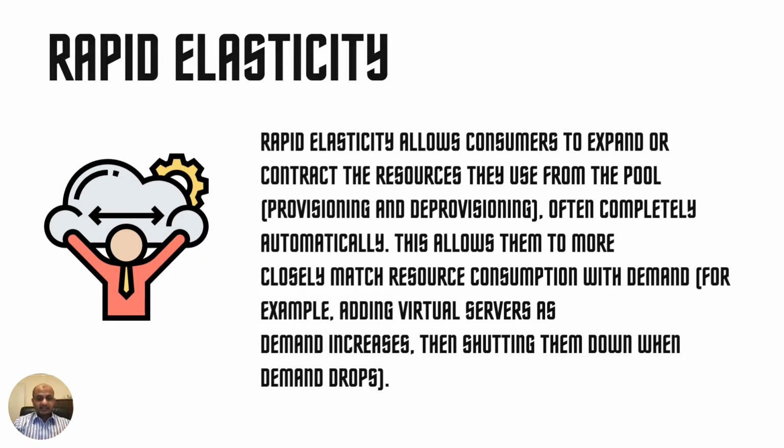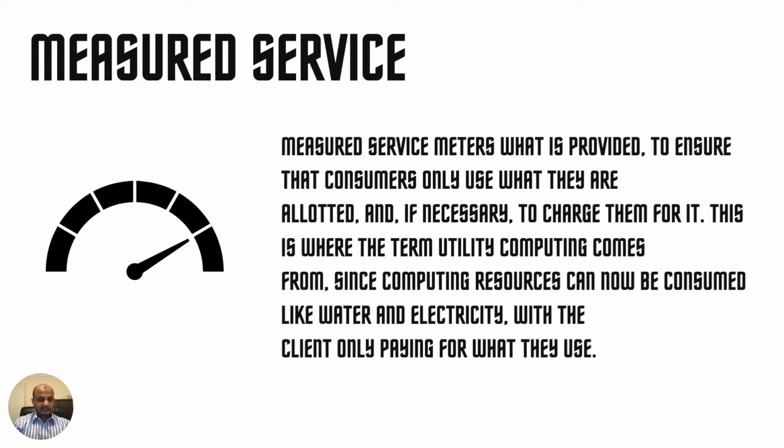Okay, and this links into the next one, which is called metered service. What is metered service? If you've ever used electricity or water, what happens? You get charged, right? But you only get charged for what you use. So metered service in the cloud means they provide you what you are using, and you get charged for what you use. Your users' consumption levels are monitored and controlled, and you know what you're using. So you are only allocated what you need, and what you use, you're charged for. This is where the term utility computing comes from. Computing resources are consumed like electricity or water, and you're only paying for what you need.